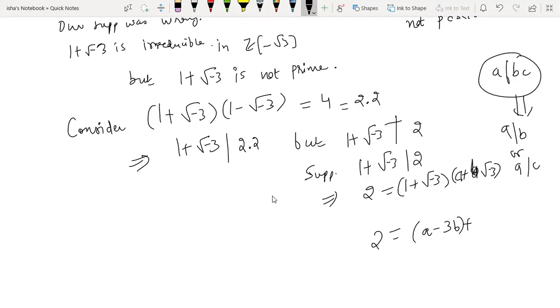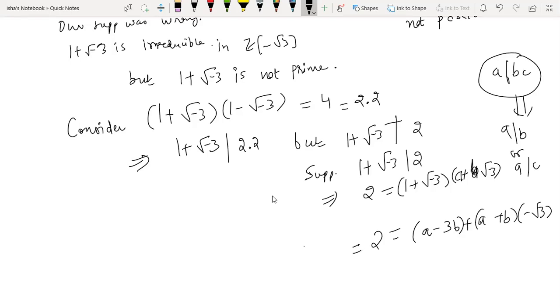and the other factor is going to be, yes, what is the coefficient of square root of minus 3? b, and then a plus b square root of minus 3. They are multiplied the same way you multiply complex numbers. The real part gets multiplied with the real part, the complex part with the complex part. Not like that, but ac plus bd, ad plus bc. That way you do the multiplication.